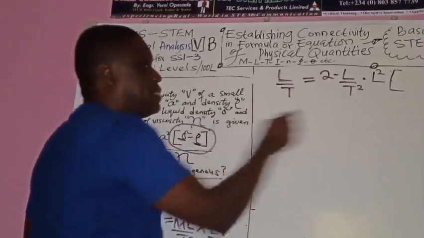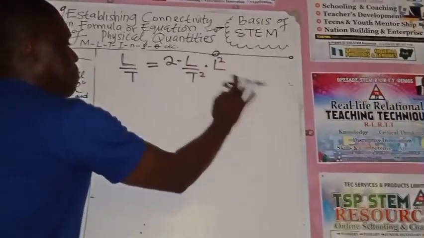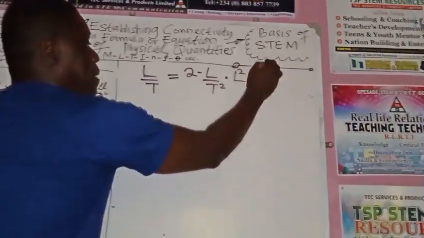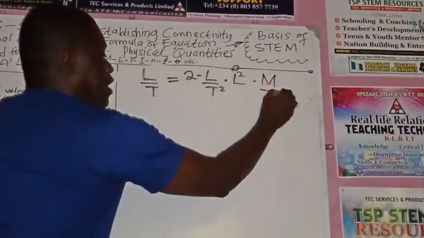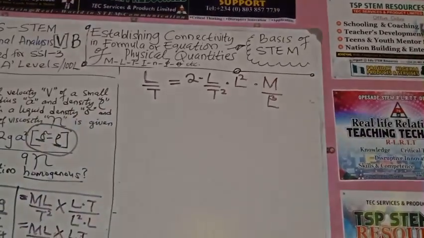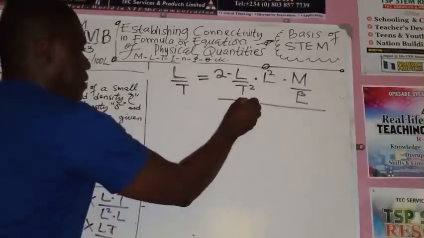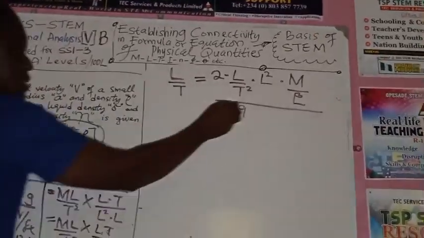So now this one means density. So I need to put it in bracket again because I already know that density is mass over volume. That is capital letter M divided by L raised to the power 3, that's the unit of volume. Then everything divided by 9. This is 9. Then dot, that is times